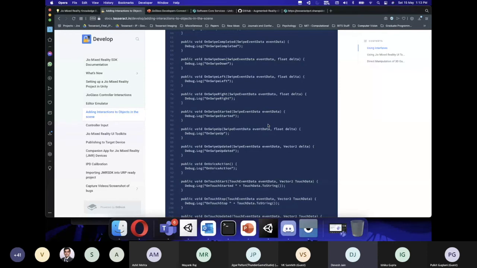Let me take it to another scenario. Let's say I have one cat interactable, I have one elephant interactable, and I also want to be able to shoot wherever I'm looking. Let's say the functionality you want to implement is that on click of either the cat or the elephant, I want them to make this particular sound. And if I click anywhere, then I also want to fire a particular action, which is, let's say, a bullet or anything like that.